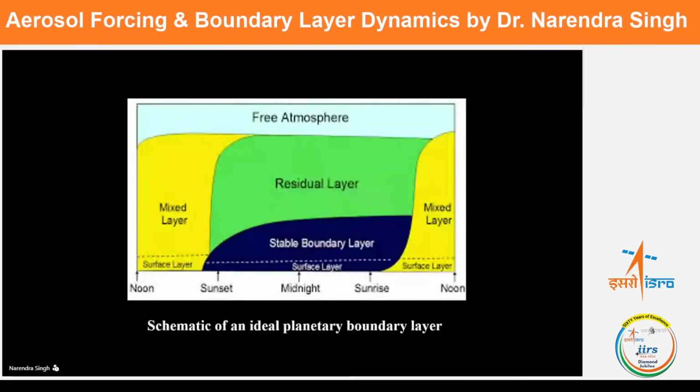So this is basically a schematic of the ideal planetary boundary layer. How can we understand it? So this is basically sunrise to sunset. Sunrise, this yellow you can see. It starts if we